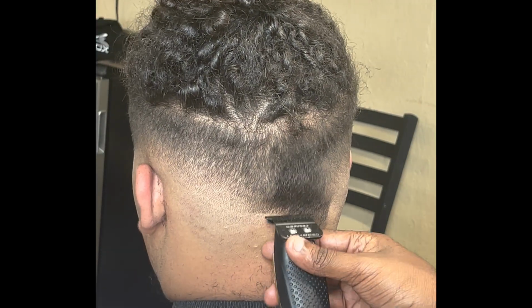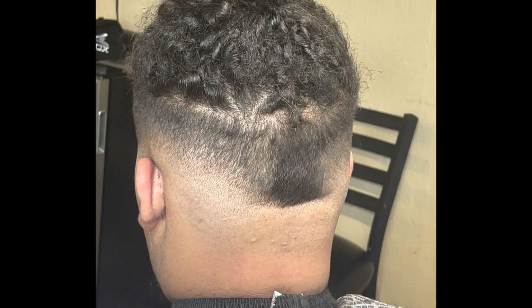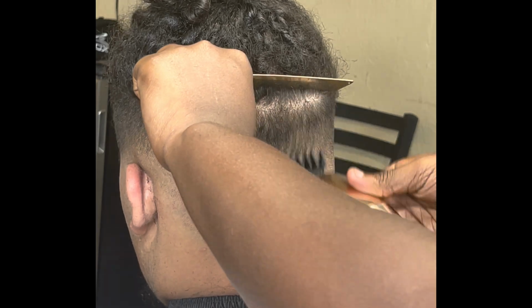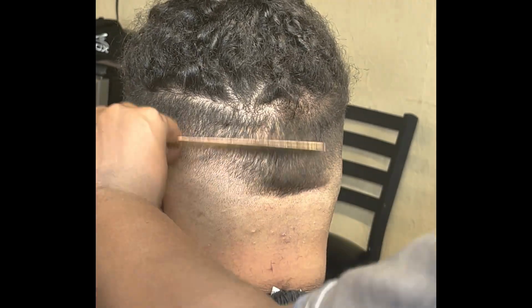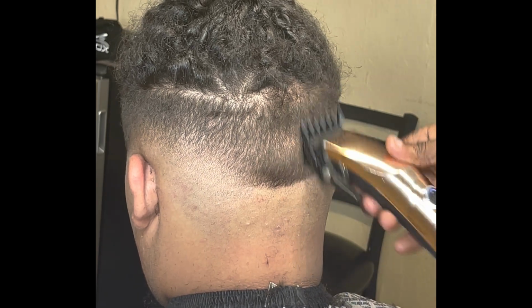Right here, I'm just setting the guideline on the back of this fade. I always say this is probably the most important part of the fade. Same concept as the sides of the fade, really. But I just like to keep it a little